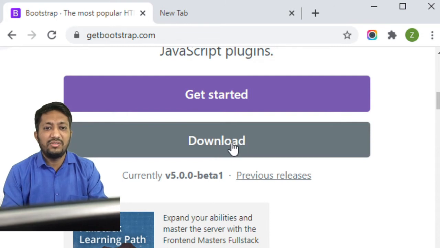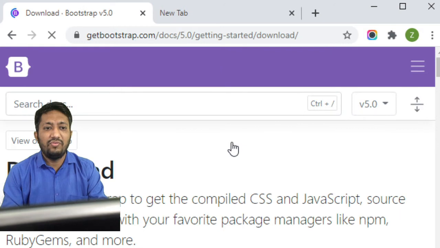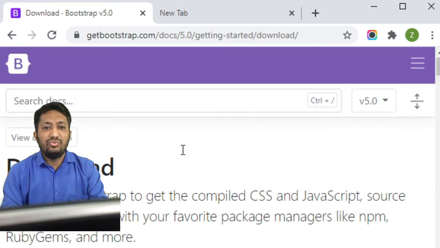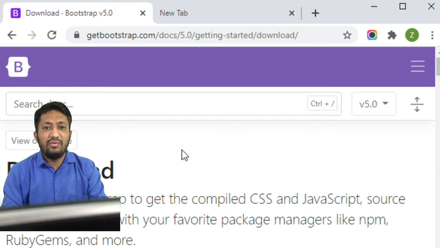From this you will get the package of Bootstrap. When you complete the download, you will get the package, which depends on your operating system and what you want. I have already downloaded the available package.